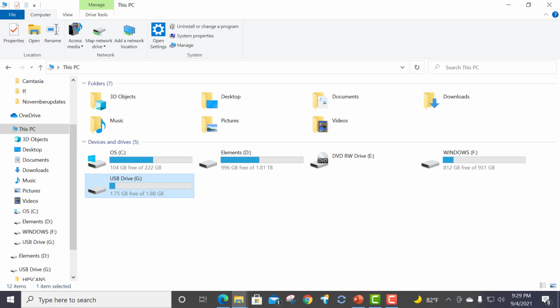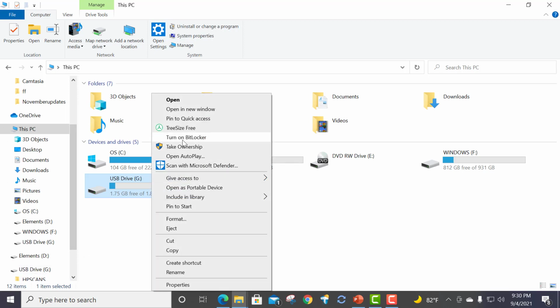So this is my computer, and I have several drives, and I'm just going to go out here to the USB drive as soon as I find where my mouse is hiding on me. There we go, and I'm going to click on that. I'm going to right mouse click, and you see where it says turn on BitLocker? Obviously that means I do not have BitLocker turned on this USB drive. So I'm going to turn it on